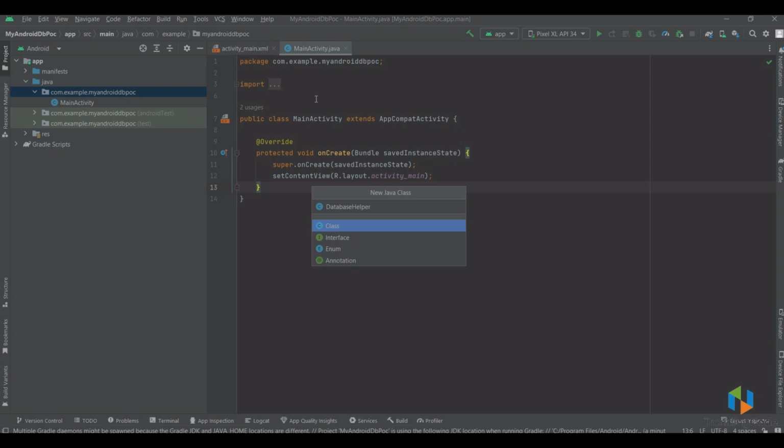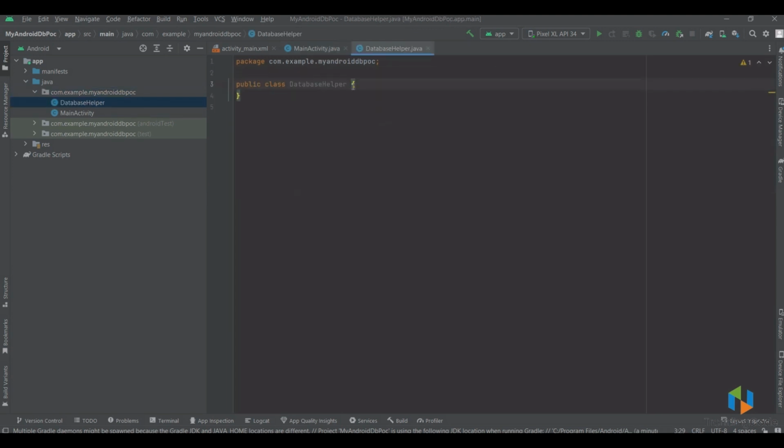So generally people create a database helper or something like that. If you want to do any operation with certain table creation, then you can create it on the basis of a specific table. So I can create something like DatabaseHelper and click on finish, and I need to extend